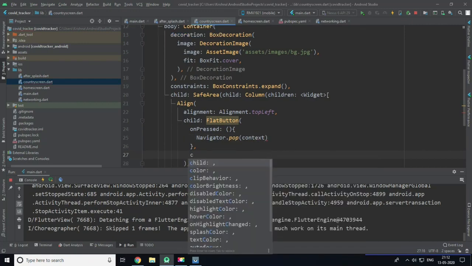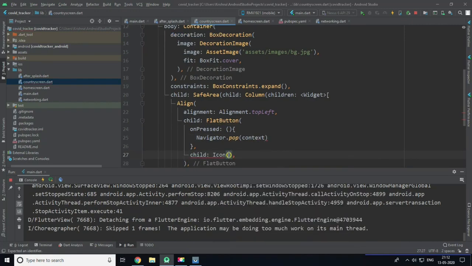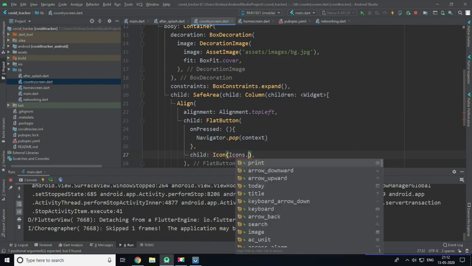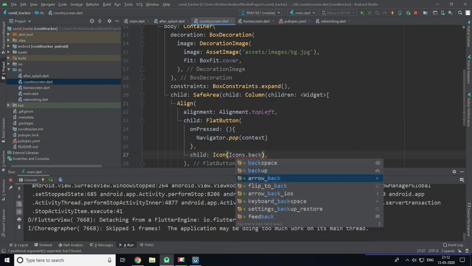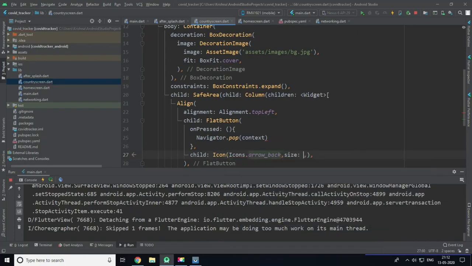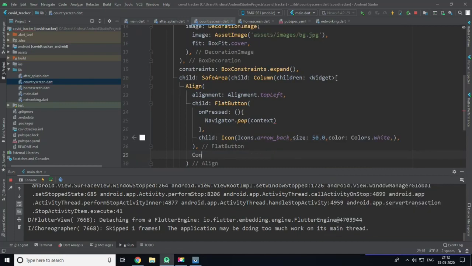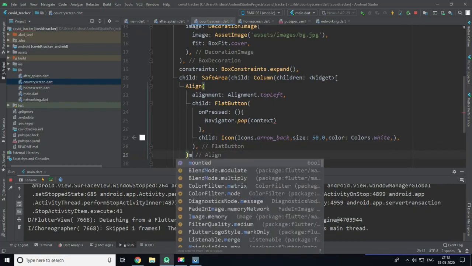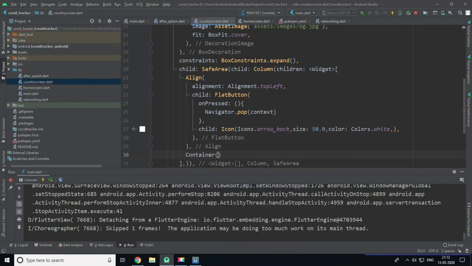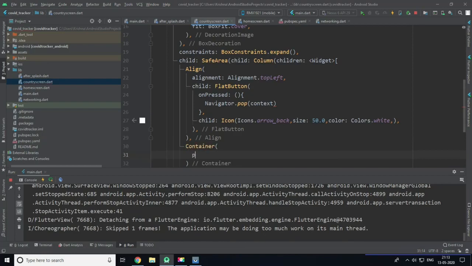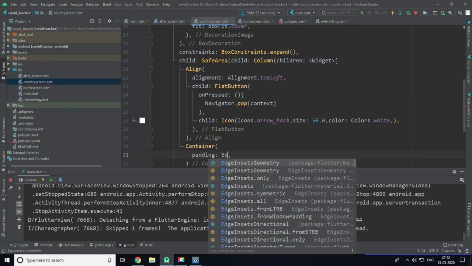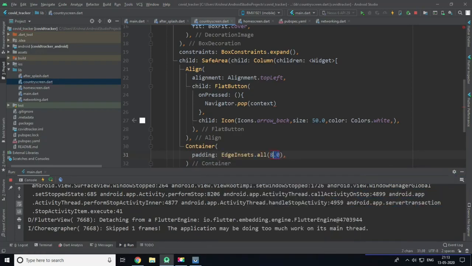We will create a child which is an icon, Icons.arrow_back, and give it a size of 50 and a color of Colors.white. Now the next thing I'm going to do is create a container with a padding of EdgeInsets.all value 20